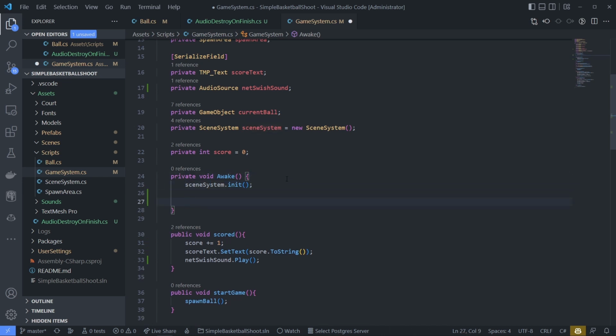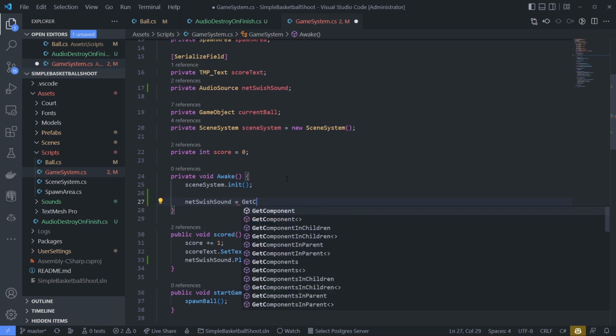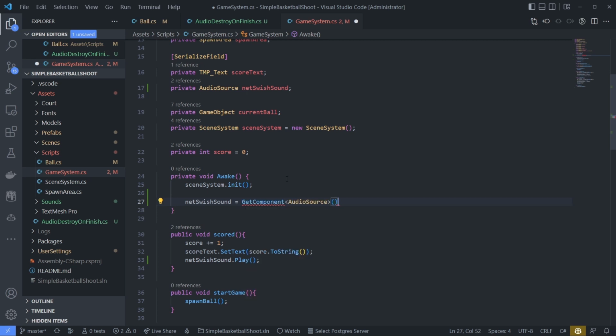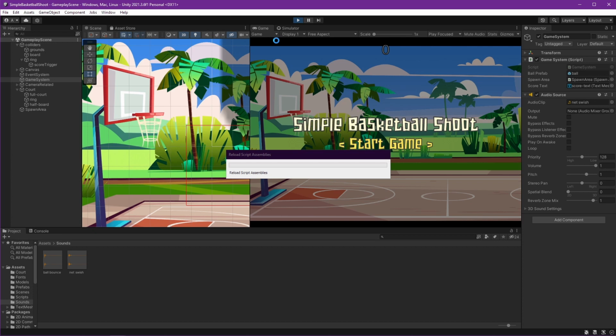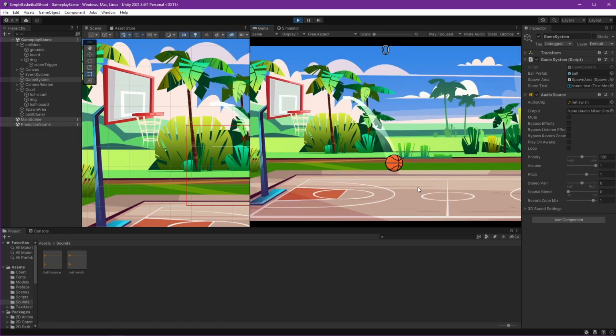On awake, we can set net Swiss sound equals get component audio source, like this, just like on the ball before. Okay, let's try this method first. Play, start game, and try this. Okay, it's quite nice actually.